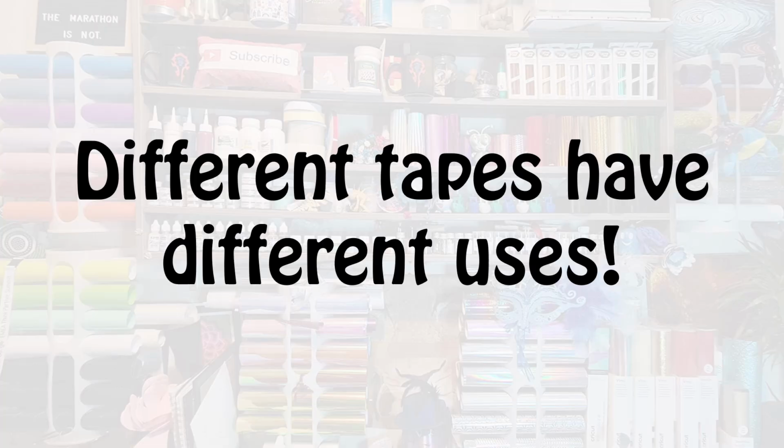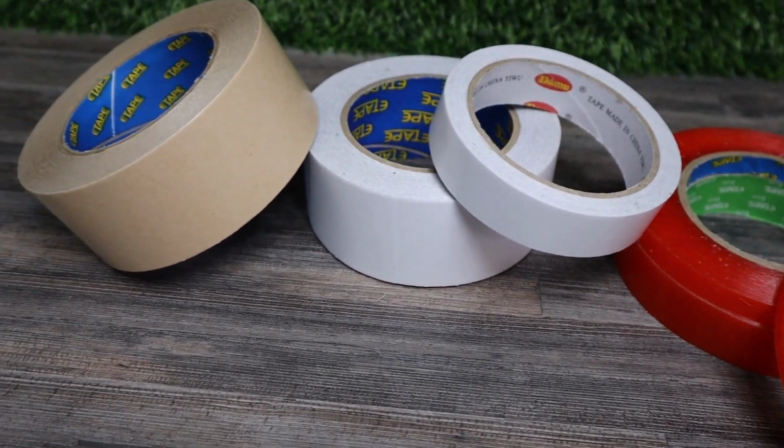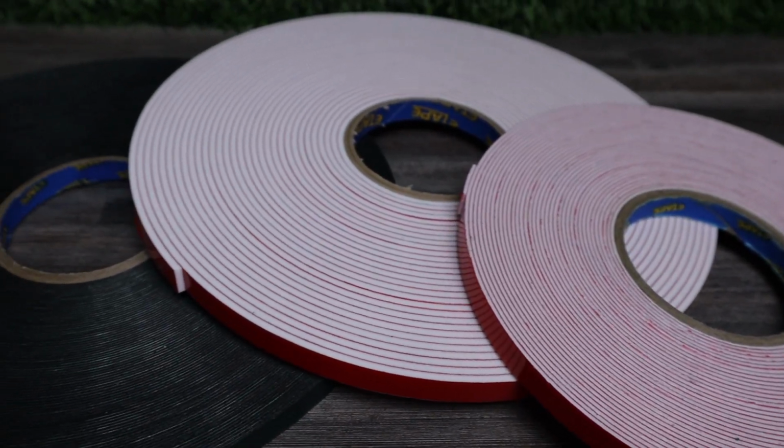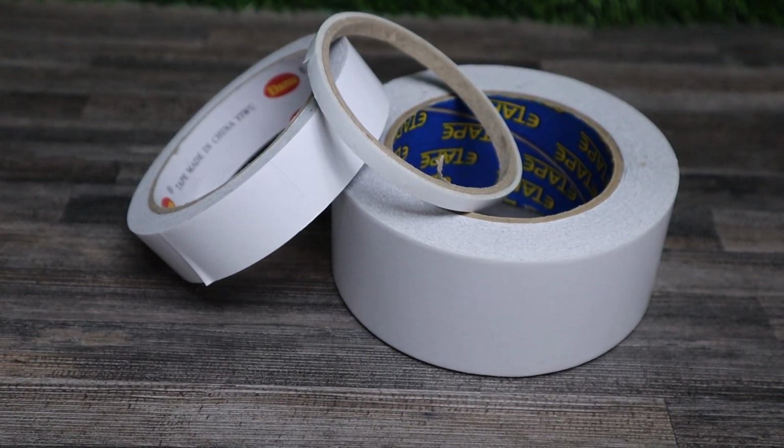Now, this one is something that I am looking into, and it probably does depend on brand of tape as well. But we have three main types of normal double-sided adhesive tape. I'm not talking about the foam tape kind. So we have a brown tape, a white tape, and then red tape. Now, brown tape is typically the cheapest, then white tape is the middle layer, and then red tape is typically